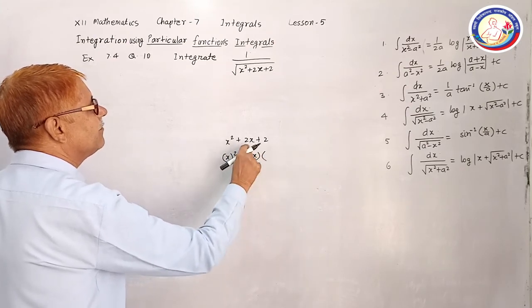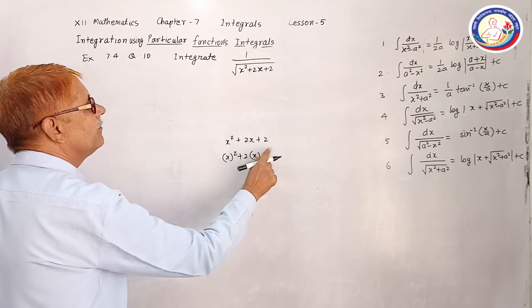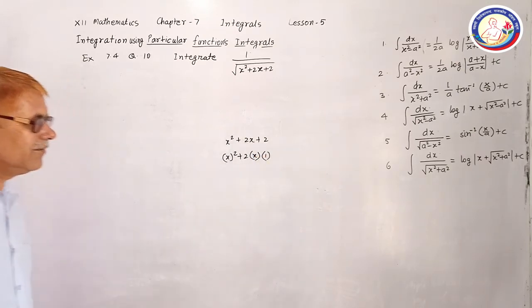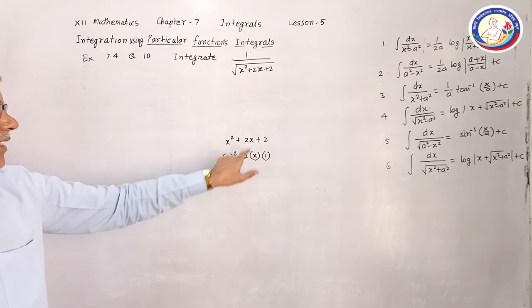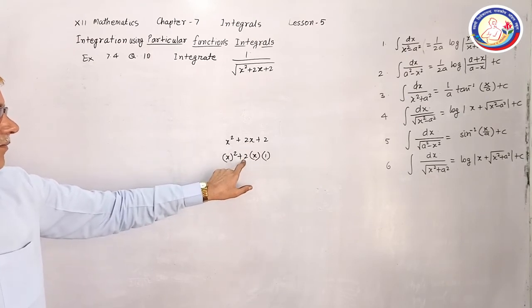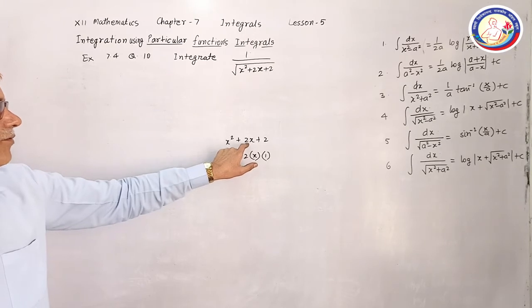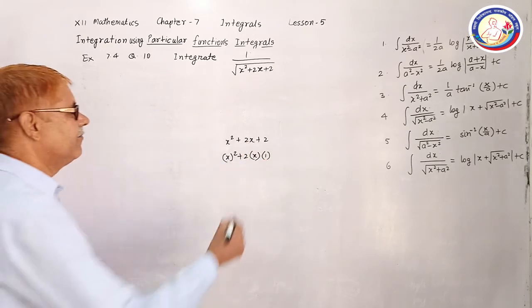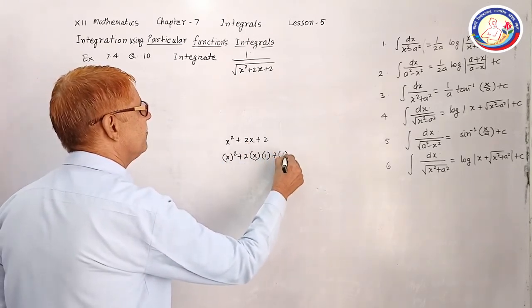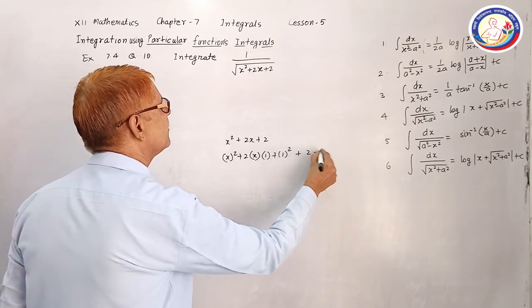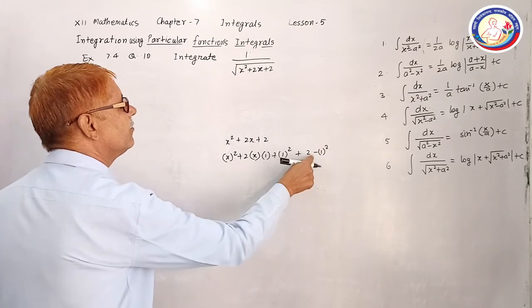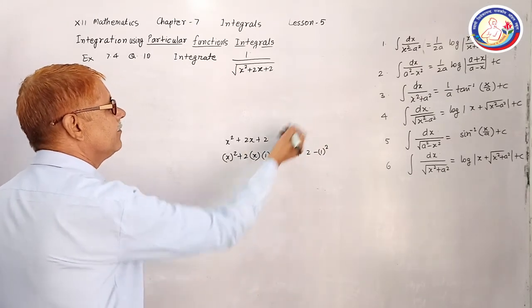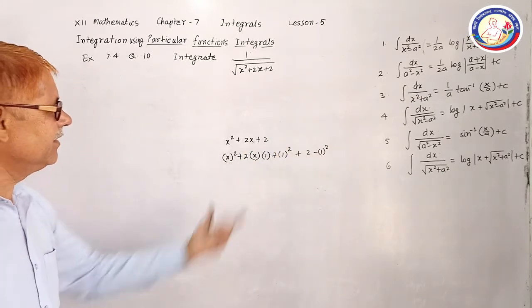Now what will be the second number to equate it to x? It will be 1. Or using our trick, half of the coefficient of x, it is with positive sign. So I am using here positive sign, and half of 2 is 1. So we will add square of 1, and then subtract square of 1 from 2. This and this makes 0. So this is the form for making one part as perfect square.